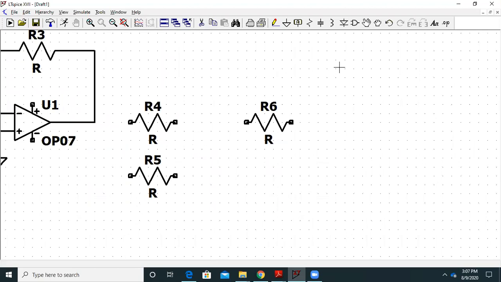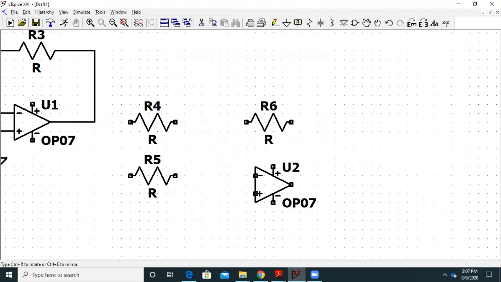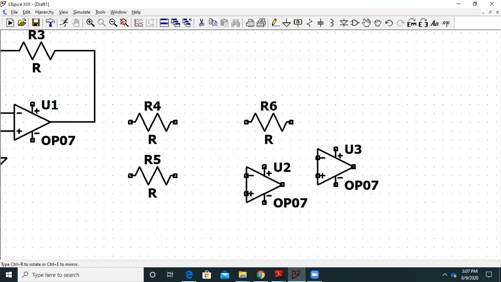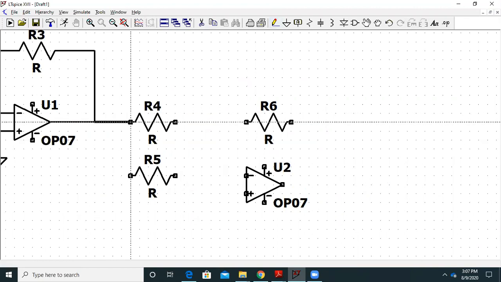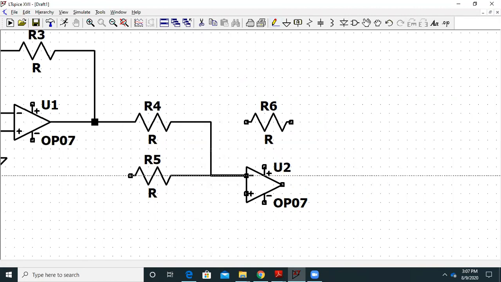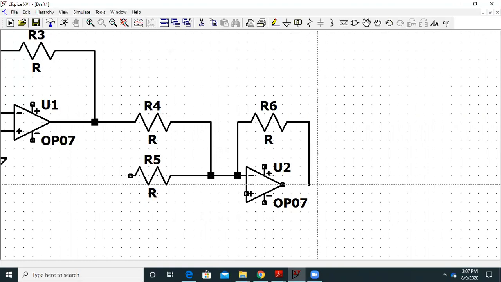Fine. And here we have another op-amp, OP07. Let's consider again, and we have to connect it over here like this. And we'll do the settings over now. So this output goes to this input of the resistor, and this goes over here. So let us quickly make the connections, and then we will start with the simulation. Finally this is going to the output.